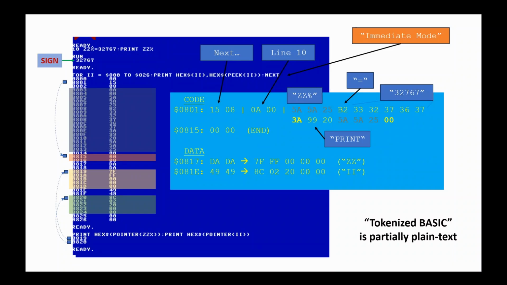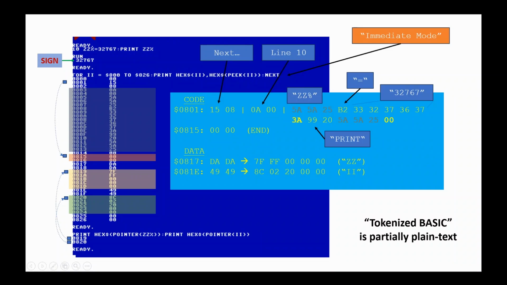But that wasn't always the case. BASIC was developed in the mid-1960s at a time when even having 4K of RAM was a luxury, and so they had to be very efficient in how they stored code. What they came up with, I wouldn't call it a compression, but it was a tokenized form. So in this chart, you see